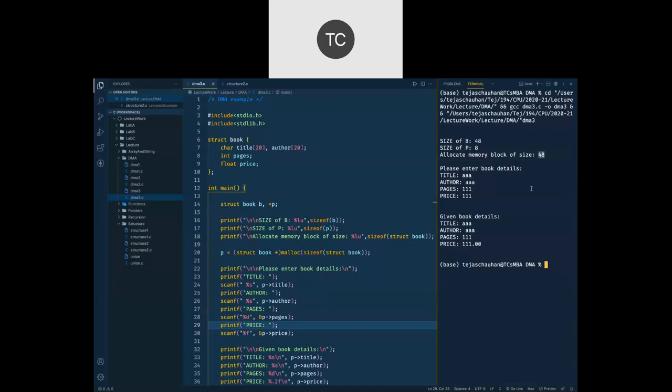Okay. So Manav is saying B is more useful than this if we are looking for less memory allocation. Yeah, but that is only the case when you have a single structure data you want to store. It is only the case when you want to store a single book, right?